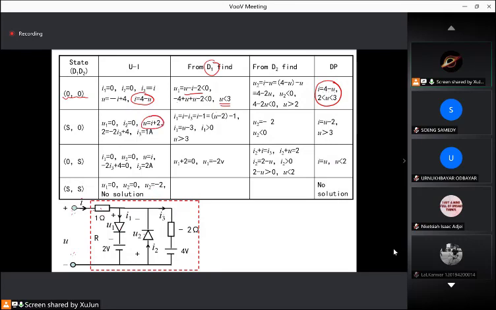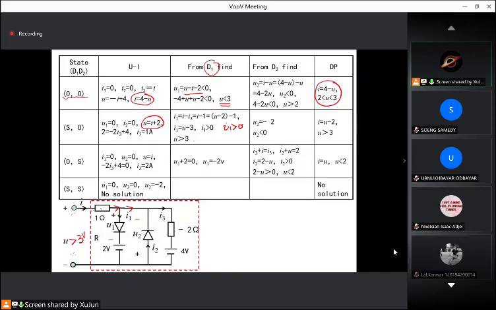Now we judge the D1. If we try to make D1 short, the I1 should be larger than 0. The I1 is I minus I3, and I3 is 1 ampere. And the I is U minus 2. So this means the U should be larger than 3. So if the U is larger than 3,